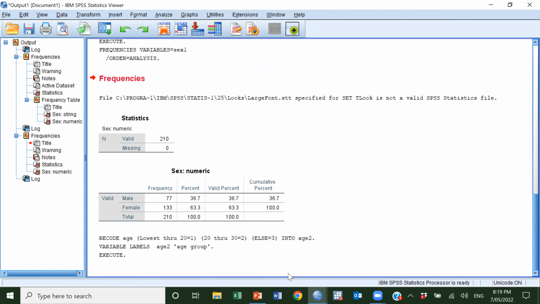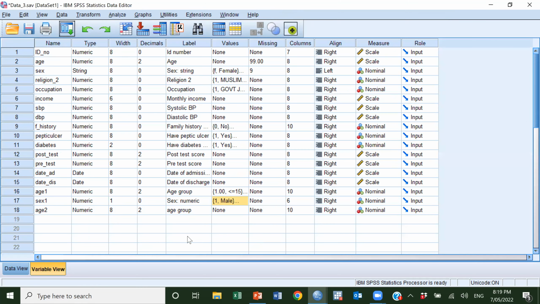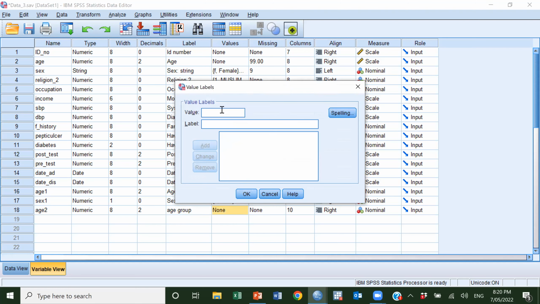You will see that the new variable that we are generating will always appear at the end of the data set, at the end of the data file. So you can see that the variable age 2 is here. Can you see it? Yes sir, age group. So age group, again, don't forget to give the value levels. Okay, don't forget to give the value levels. So yes, click here. So 1